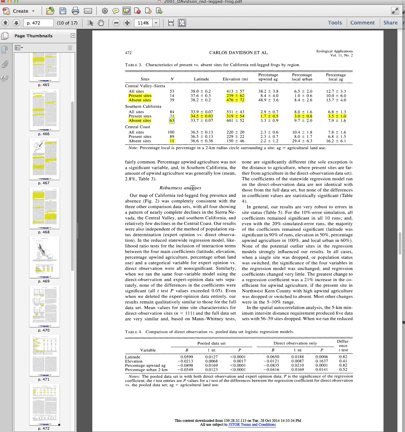Okay, now they're going to get into robustness analysis. They're going to explain where they